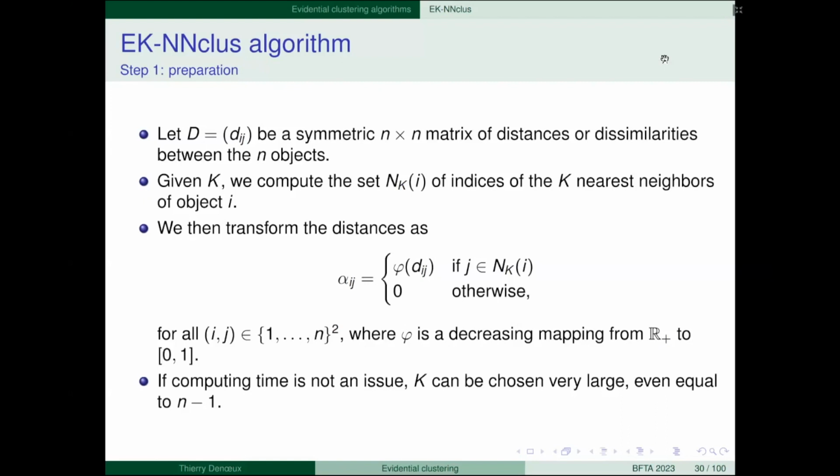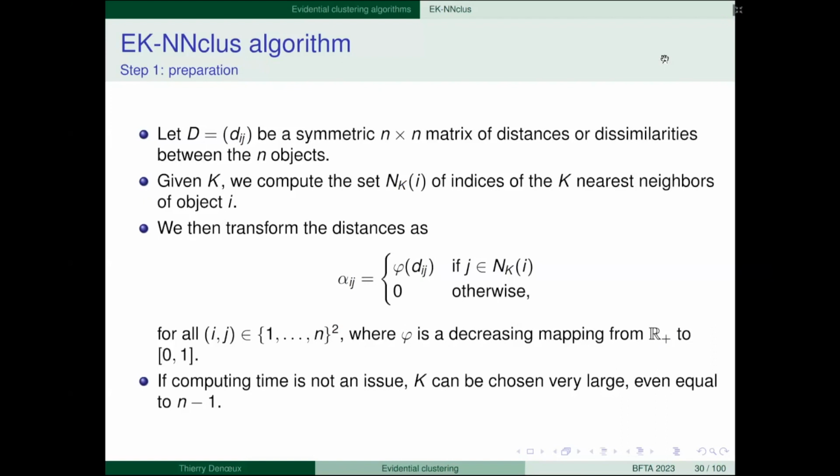Then we transform the distances by some function phi, which is a decreasing mapping from R plus, the set of positive real numbers, to the interval [0, 1]. I will show later the form that this function phi can take. So it means it's a decreasing mapping. So actually the alpha_ij can be seen as similarities between 0 and 1.